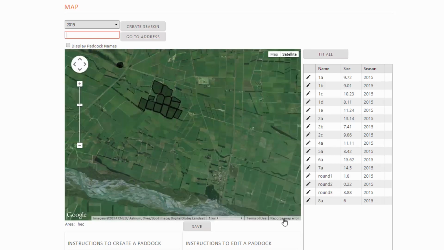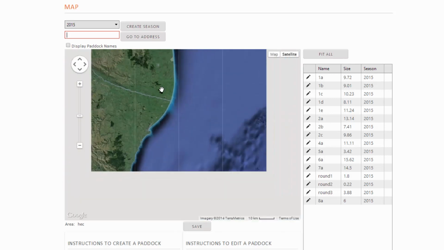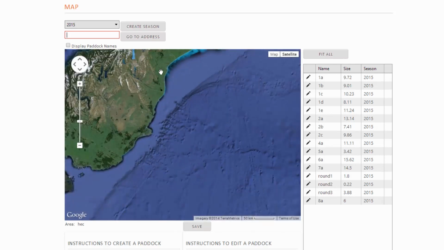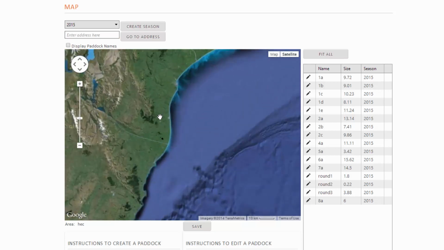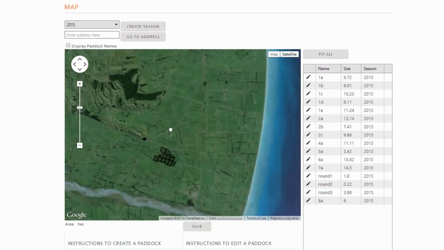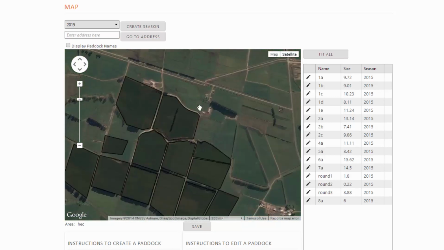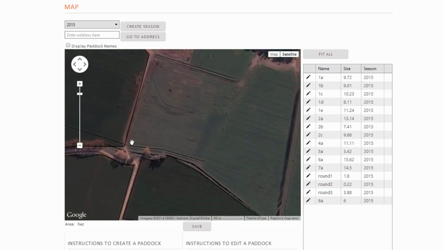And we link into Google Map, so if you zoom out, you'll see this is somewhere near Oamaru, I think it is. And so you come down here, scroll down, and you just go and start drawing your paddock by clicking around the boundaries,